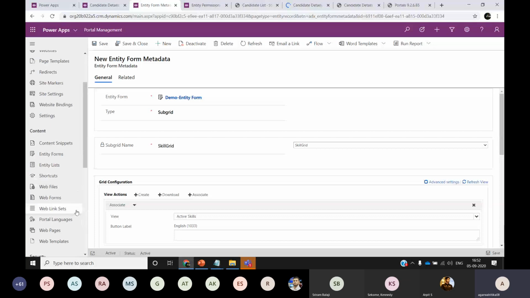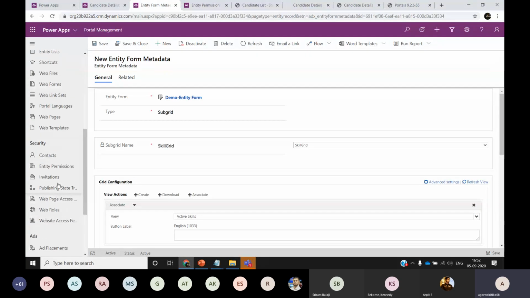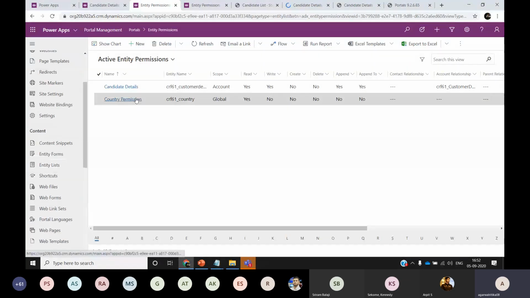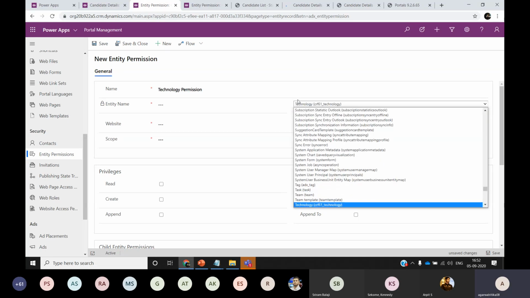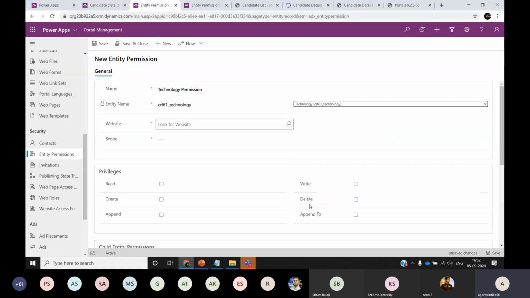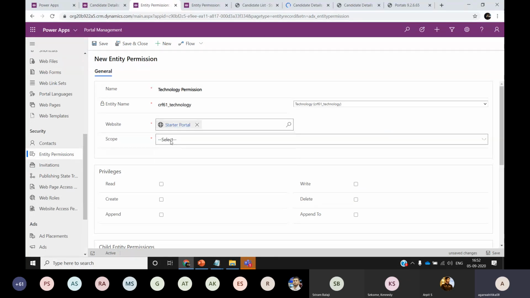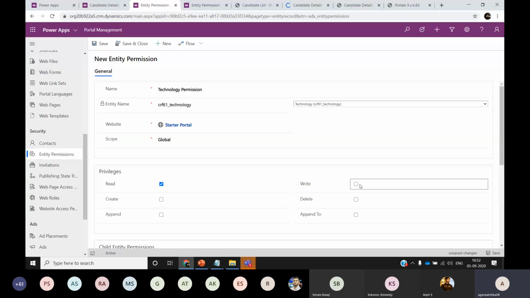But what about the permissions? So again, I'll go to the entity permissions here. I'll click on new and create a permission for technology. The website is going to be the same, starter portal. Scope, I'm keeping it global for now, and I want to read it, we don't want to write it. We can select append and append to,